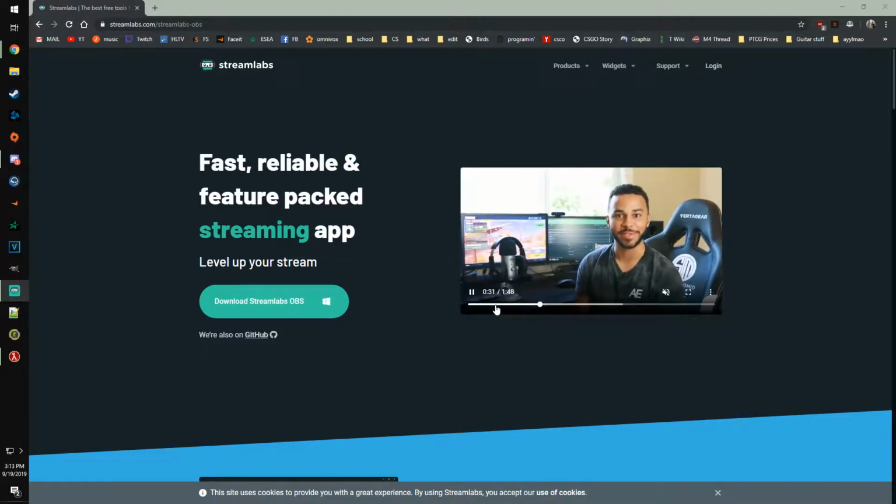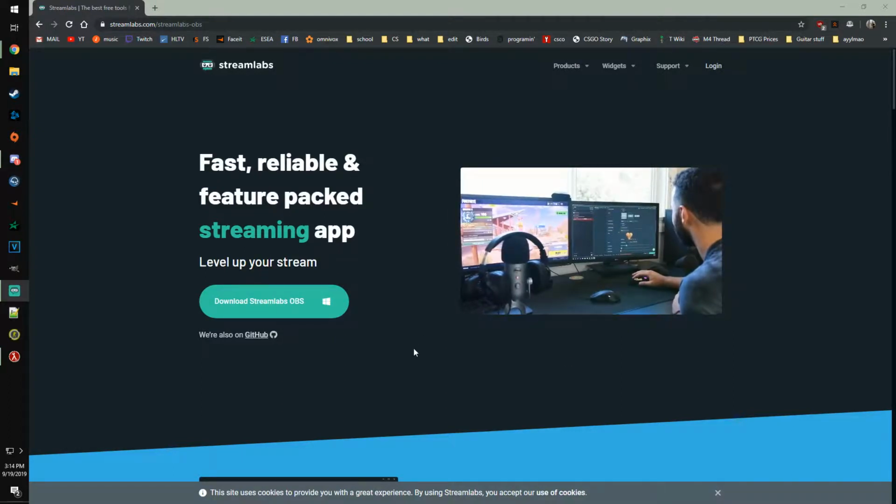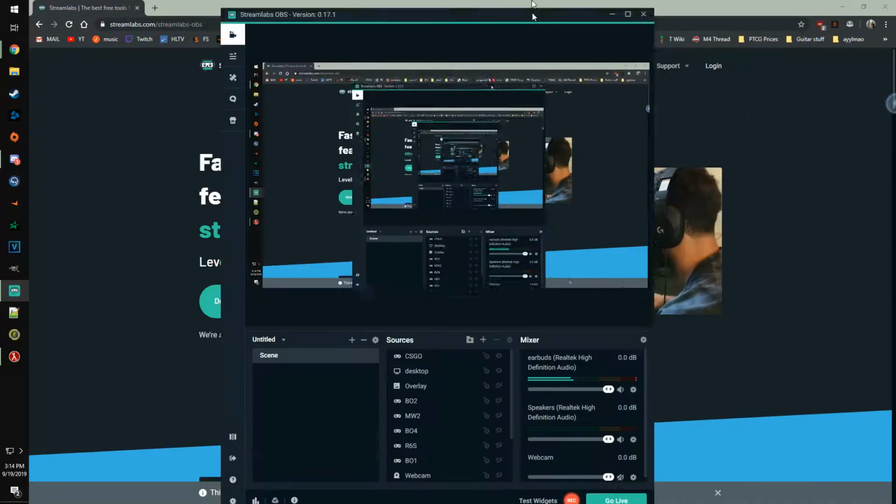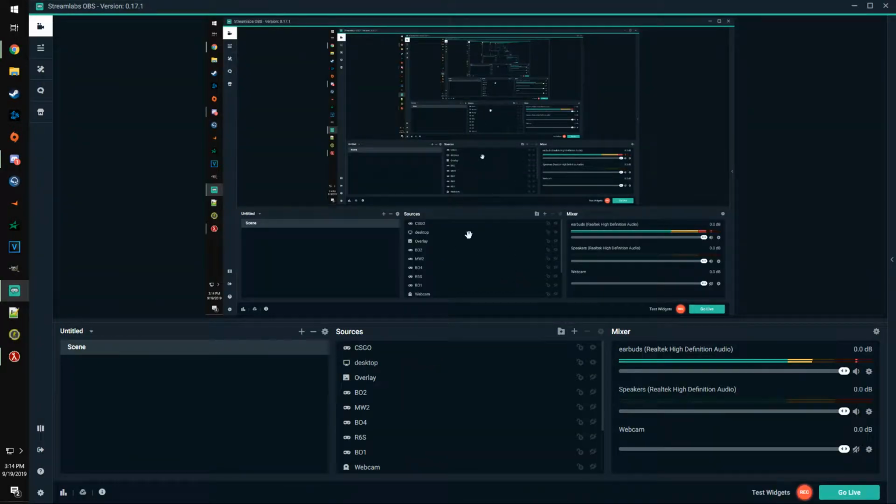Once you log in, what it should do is automatically configure your settings, but I'm just quickly going to go over what you should do in the program itself. So you're just going to go to the settings here,